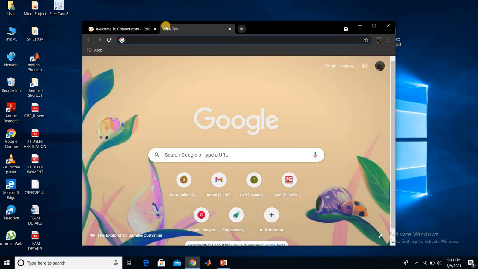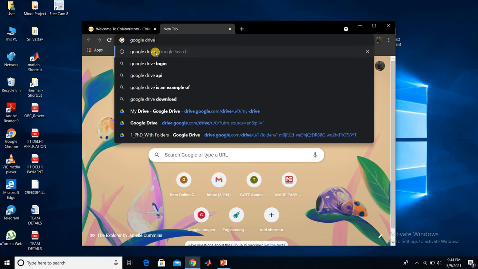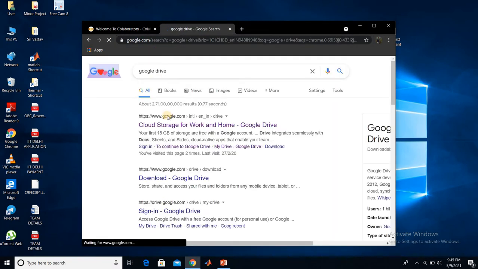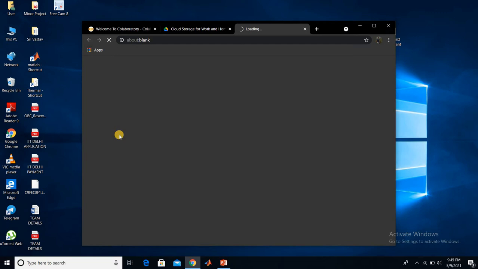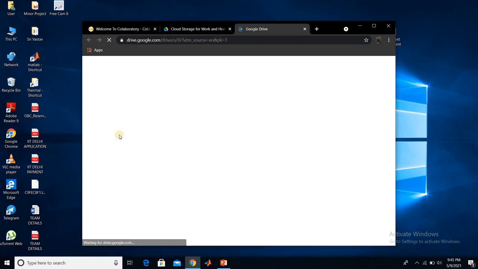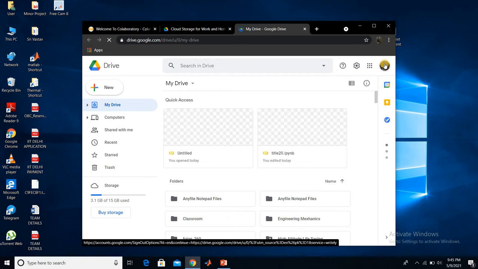We just open Google Drive. Yeah, it came. Okay, from google.com, Google Drive is here, so we have to go to our drive. As I said previously, we definitely need a Google account.